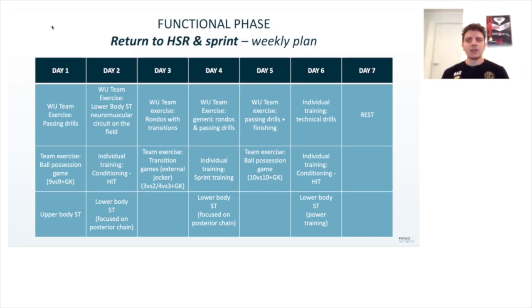So we have to integrate this kind of running, high-speed running action and sprint training during the week. So we have to understand where we can put it. For example, in this example of weekly plan, we put it after a day, for example, in day 4, where the player maybe does only the warm-up with the team, some simple